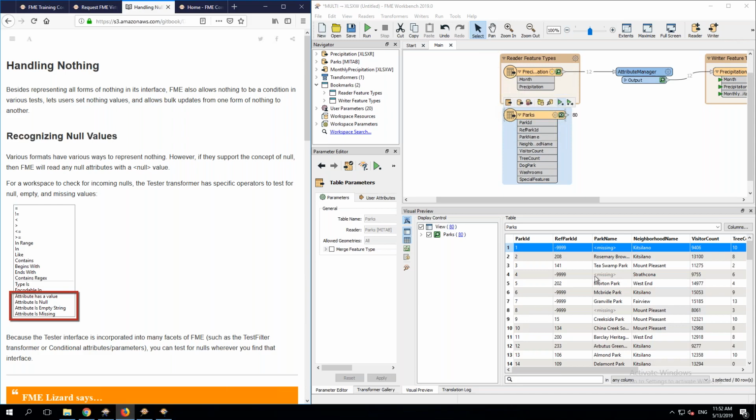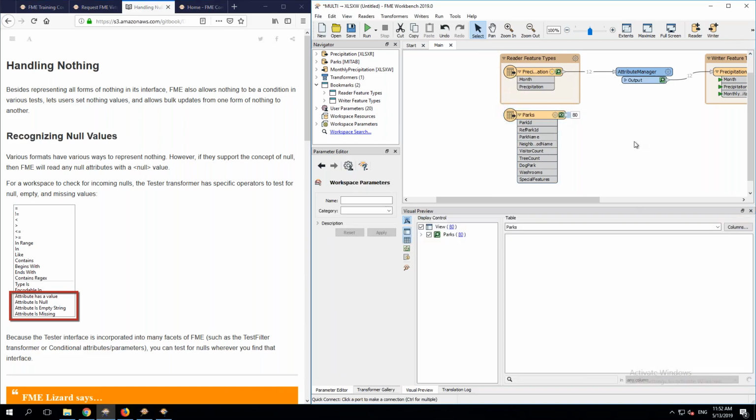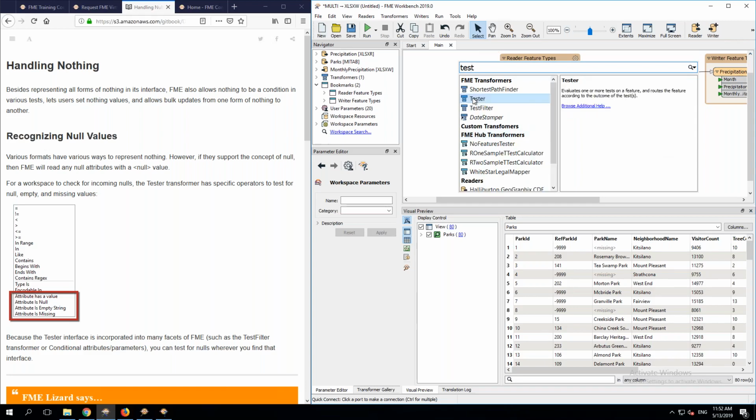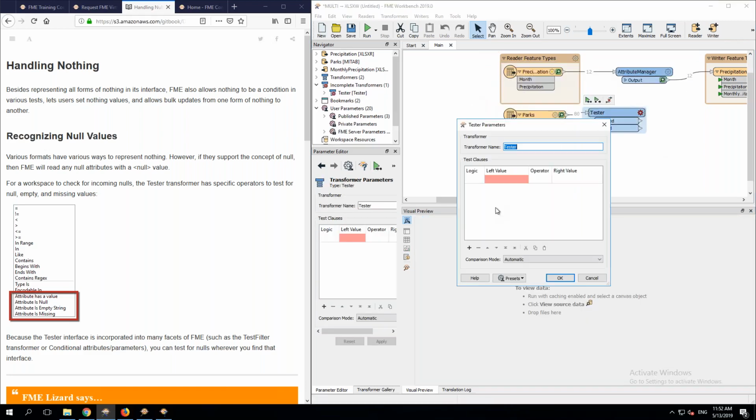How do we manage those values? How do we handle those values? Well, we can do them with a Tester transformer, for example. So I can put a Tester transformer into my workspace, open it up and say, tell me where the park name, and we have these operators in here. Tell me where it's null, test if it is null, test if it's empty, test if it's missing, or tell me if it's got a value at all. So if I say test for an empty string,